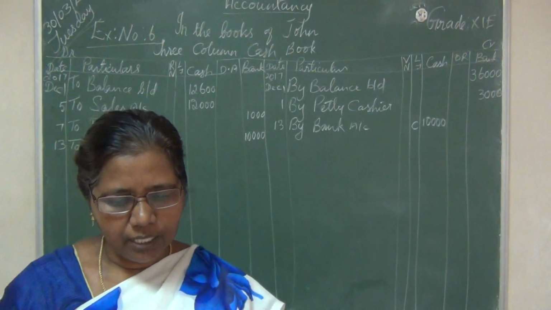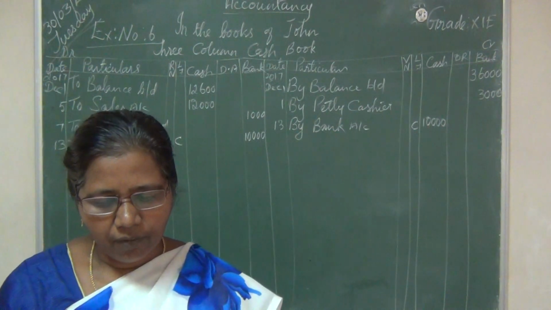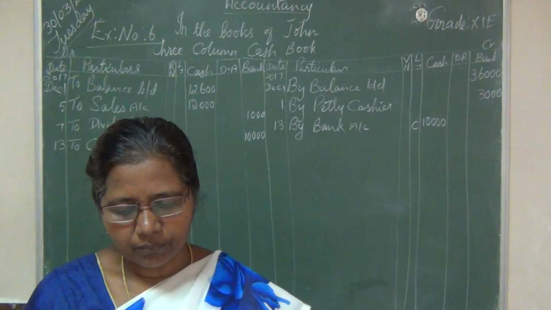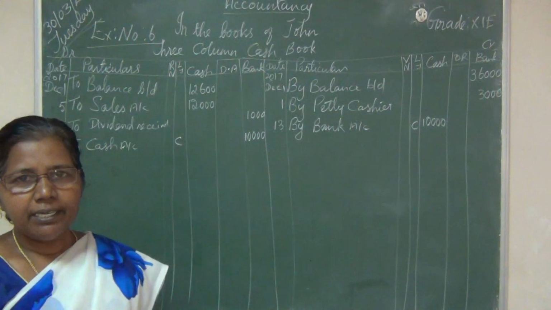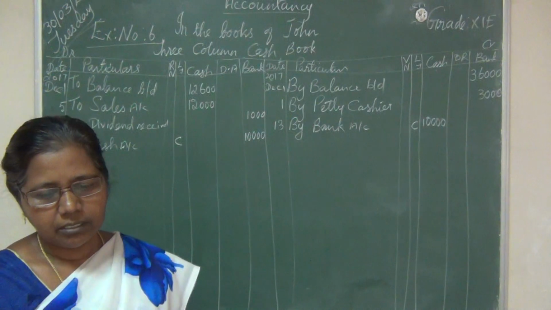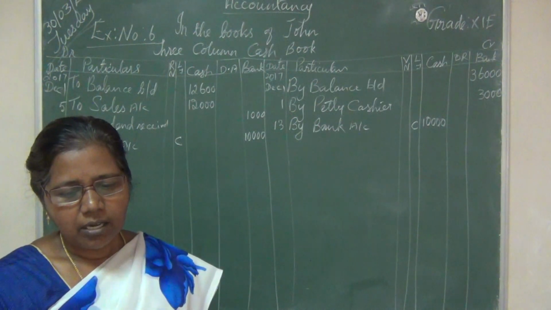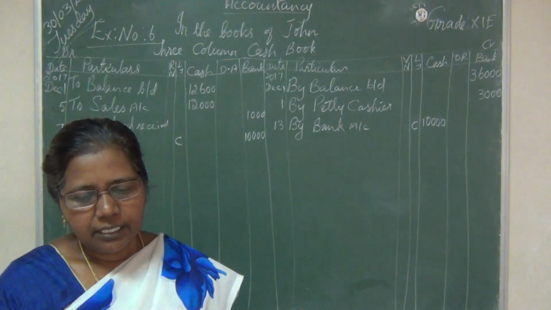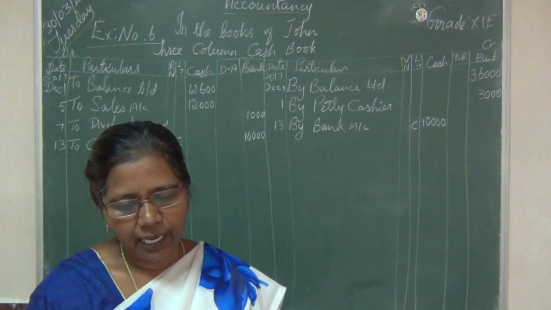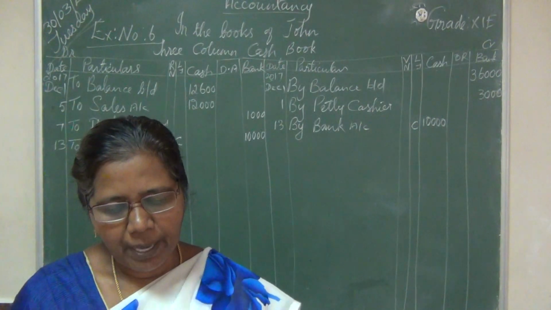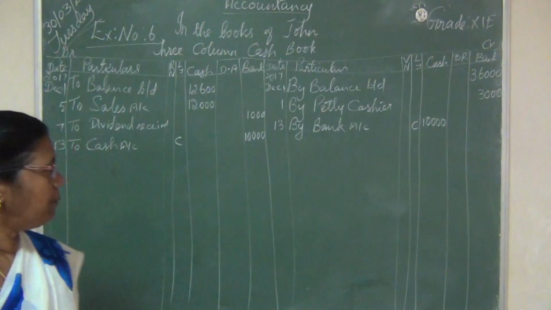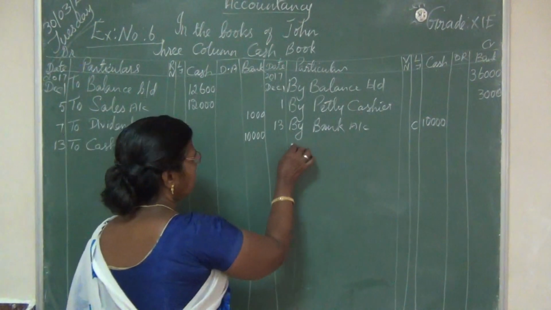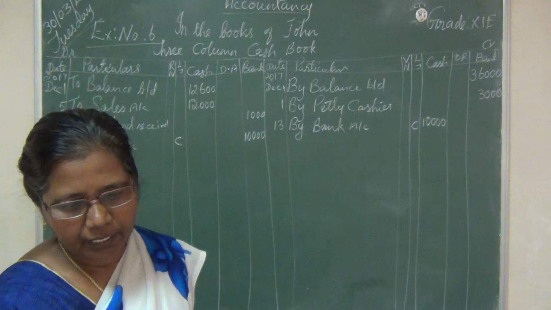Okay, then the next one, interest charged by the bank for bank overdraft. It is an expense, isn't it? It is a loss, but it will be debited in the bank account, isn't it? So it will be a loss, so we need to debit that one, and that interest is charged by the bank, so the bank should be credited. What is the loss name? Interest on bank overdraft. So in the payment side we should write, first you enter the date,